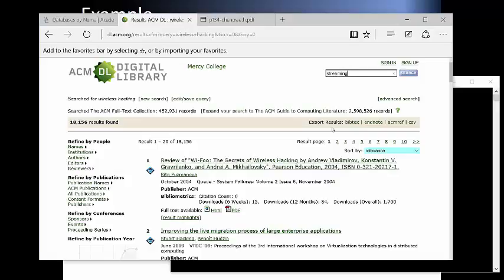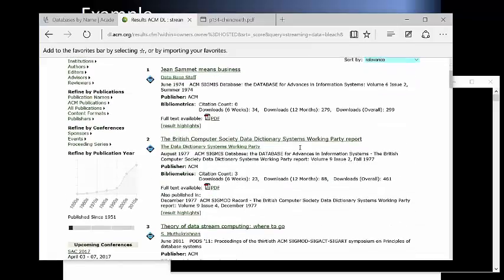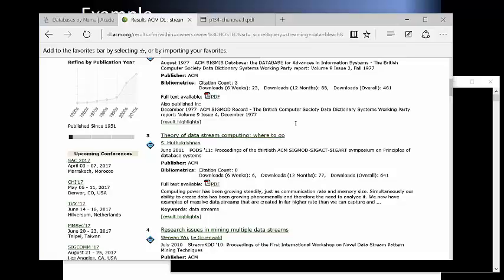Streaming. Security is really needed. Streaming data. Theory of data stream computing.